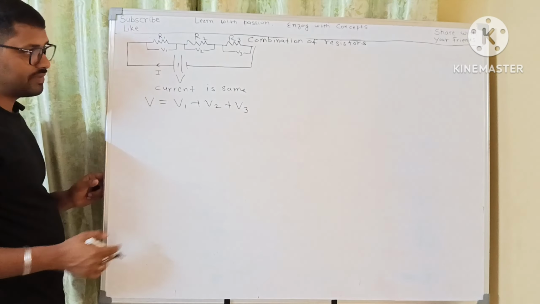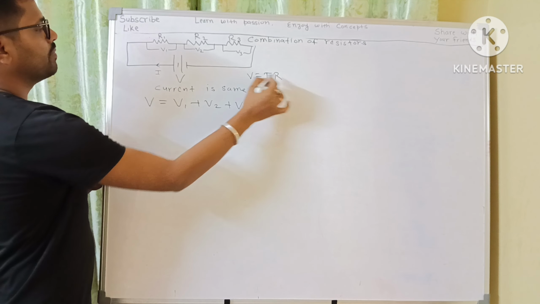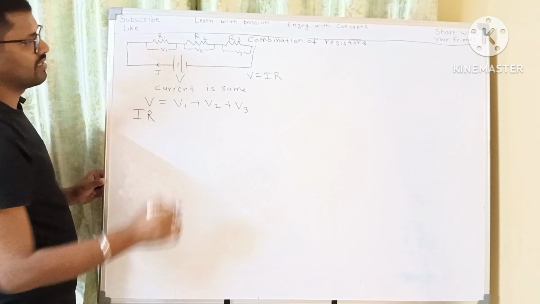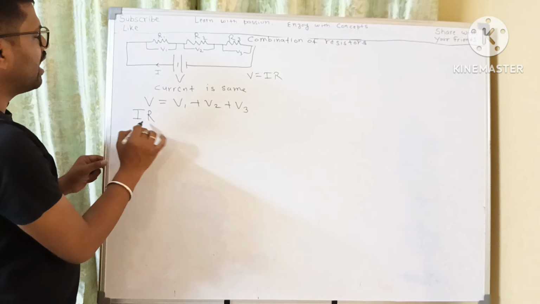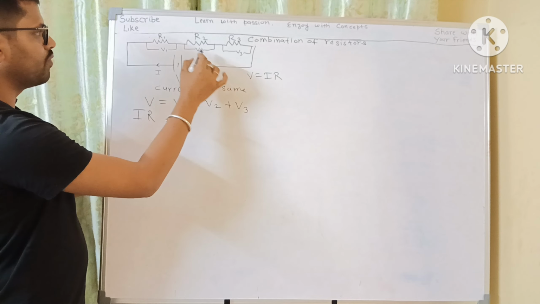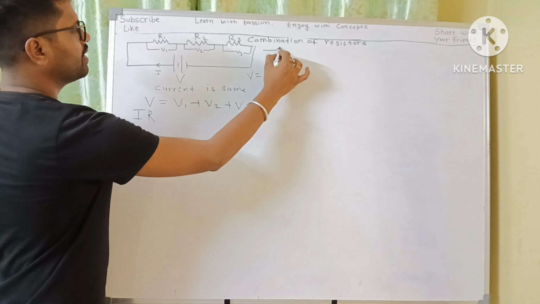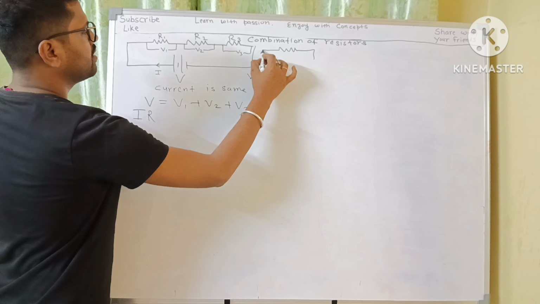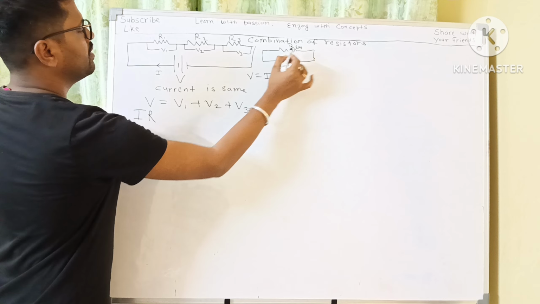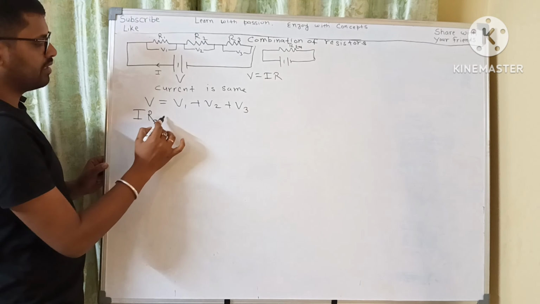Now in last class we have seen Ohm's law, V equals to IR. So in place of V we can write IR. Which R? This is a question. This R is R equivalent. What is R equivalent? R equivalent is, if we want all 3 resistors in one, we can draw one resistor like this, and battery, we say R equivalent. Means instead of these 3, only one resistor, that is R equivalent, is equals to